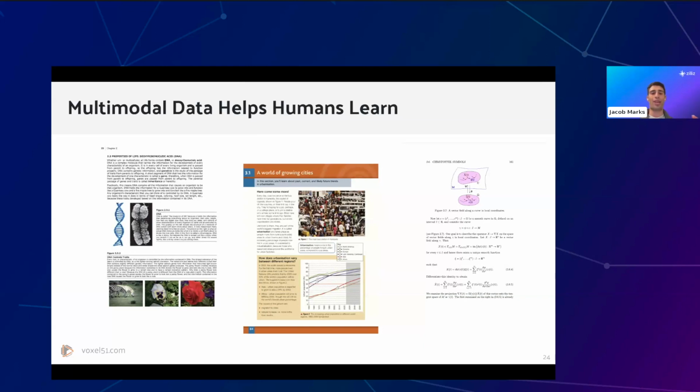And these are 3 pages from random textbooks in different fields. I think in this case, biology, geography, and differential geometry from 3 entirely different levels of schooling. And I believe middle school, high school, and a graduate course. And they all have, in some way, shape, or form, an image and text.